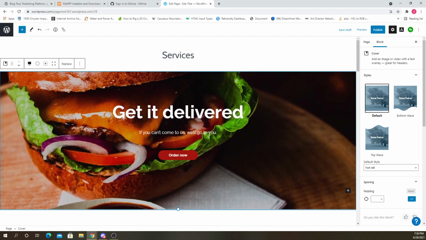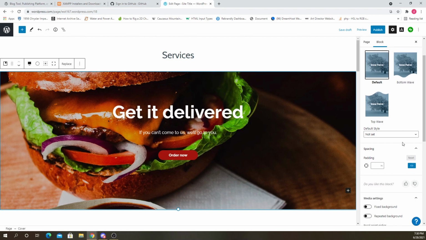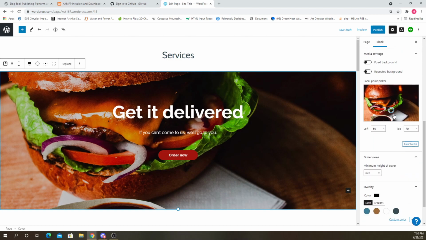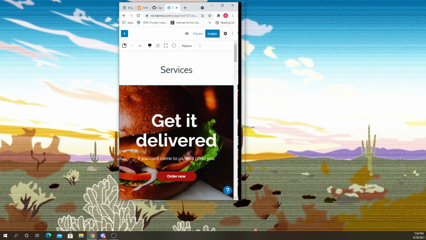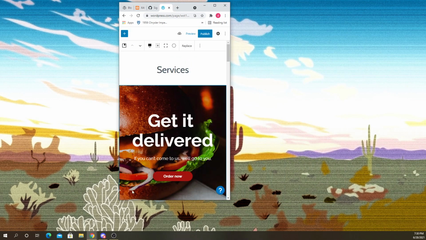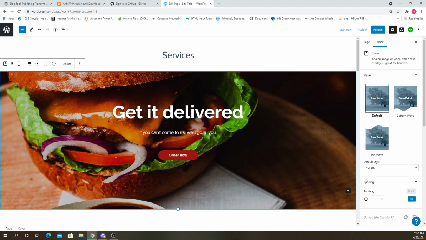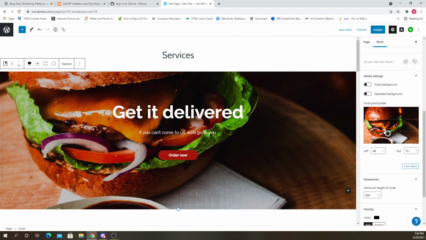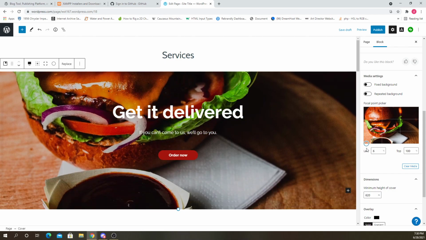We can change the background image. Right now it's on, let's see, it's on this image right here. You could also add a focal point. That's good because let's say you resize the image, it's going to try to keep that focal point visible. Right, so I guess the focal point is right there on the burger, so that part is always visible, even if the image gets cropped. So if we move that focal point somewhere else, like maybe we want it down here on this coffee or whatever that is. What is that? Ketchup? It's barbecue sauce. If we want it there, then we could move that circle to focus on that area.